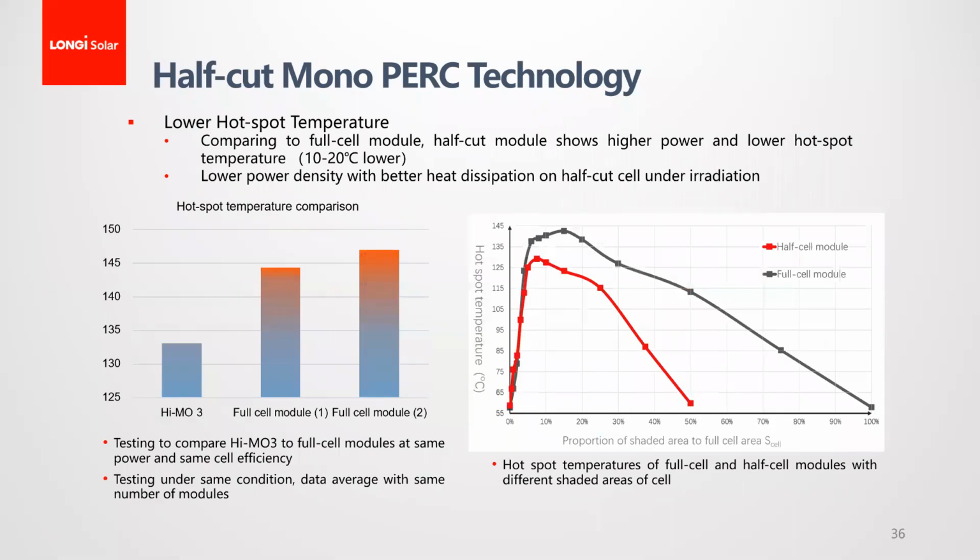The other advantage with half-cut Monoperc modules is lower hotspot temperatures. When there's shading, a hotspot happens on the module. The half-cut HIMO 3 is the half-cut Monoperc module. In general, compared to the full-size module, the half-cut module has higher power and is about 10 to 20 degrees lower when a hotspot happens. So this truly gives better lower operating temperatures, better shading performance, lower hotspot temperature and lower hotspot risk. You'll see that half-cut Monoperc modules in many places can demonstrate better energy yield compared to multi modules,